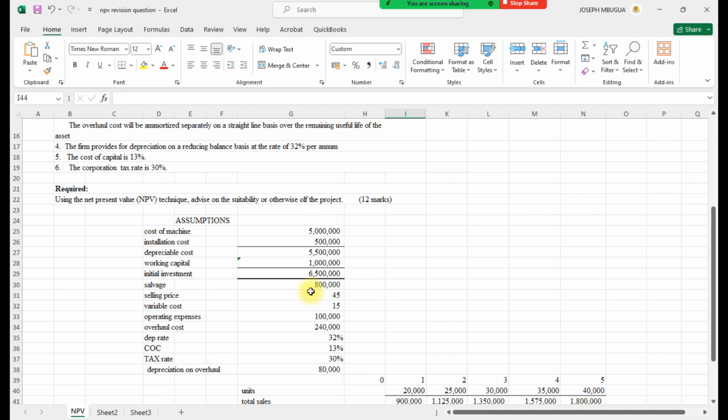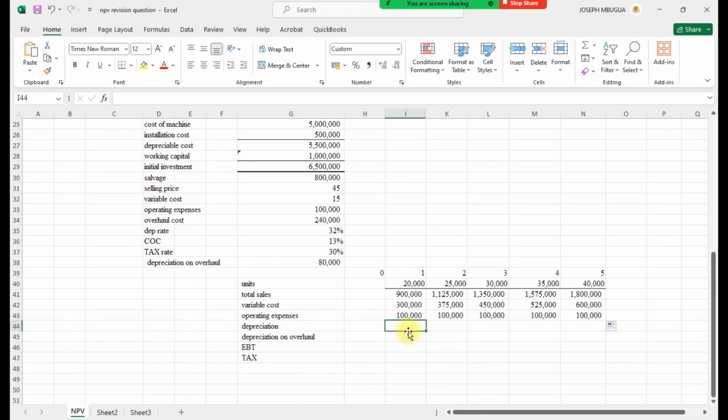The straight line method, that's when we minus the salvage value and we divide by the number of years, or we multiply by the percentage whenever they talk about the straight line. But for the reducing, we don't minus the salvage. Hoping I have corrected that. So just go directly and we take our depreciable cost of 55 without minusing the salvage. For year 1 we don't have something to deduct, so just take the depreciable cost by the depreciation rate, and we'll get our depreciation being 1760 for year 1.